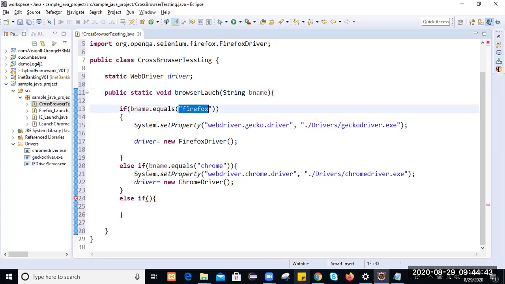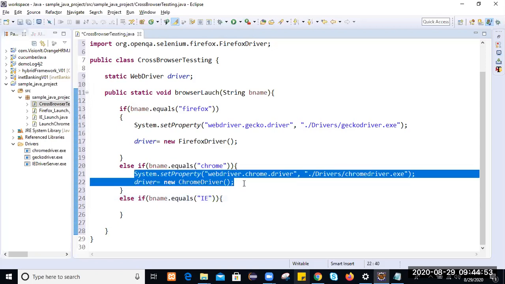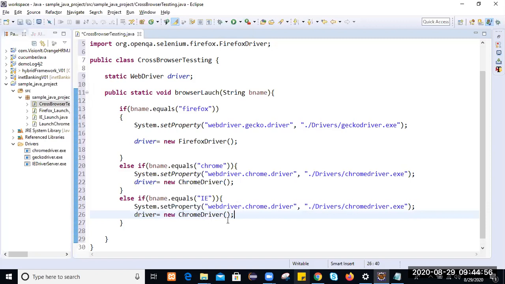If that browser is IE, it will match and let me navigate to webdriver.ie.driver, and this is IEDriverServer.exe. Properly, you see.